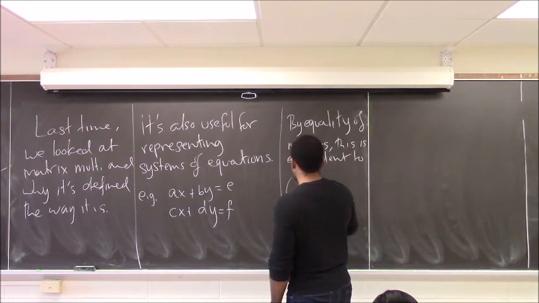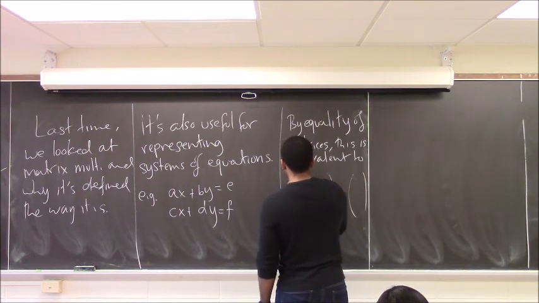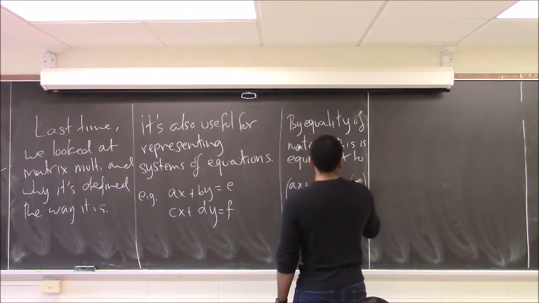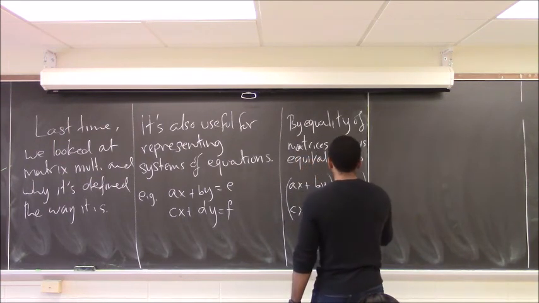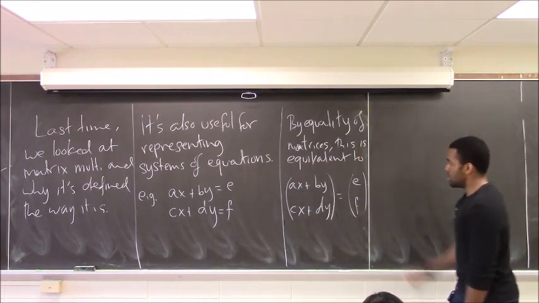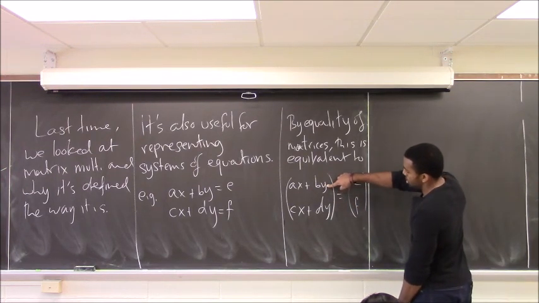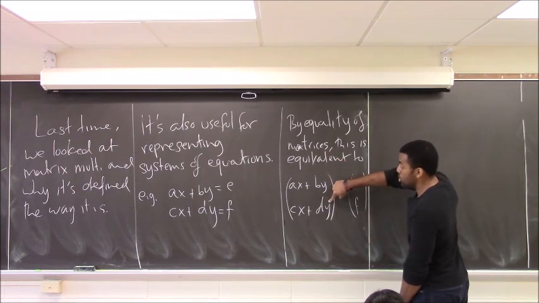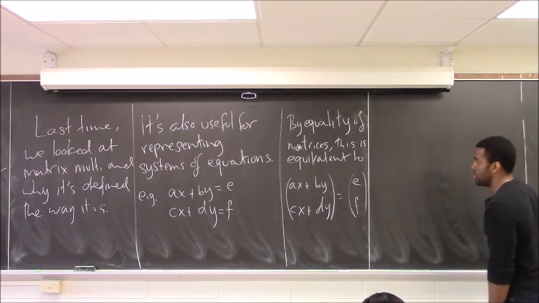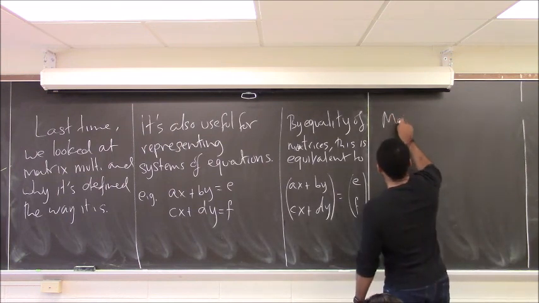Of course I can throw each side into a matrix, and that's not really going to change anything because of how matrices work. If this is equal to that, it means the corresponding components are equal, and if the 1-1 component is equal to the 1-1 component, and the 2-1 component is equal to the 2-1 component, we get back this system of equations. And matrix multiplication